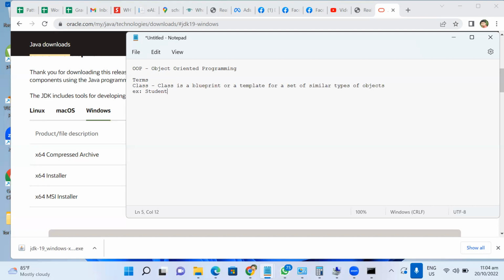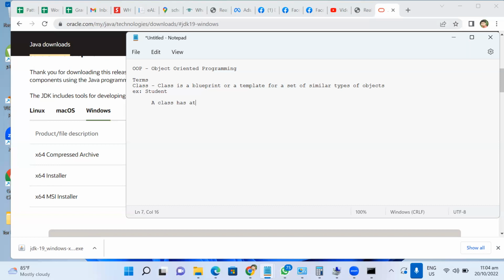Student has student name, student ID, first name, last name, address, gender, date of birth, email, all these things. But if you ask what is the name of the student, you have to ask which student, because we are not referring to an actual student, right? So a class